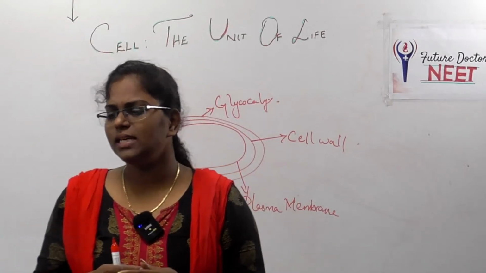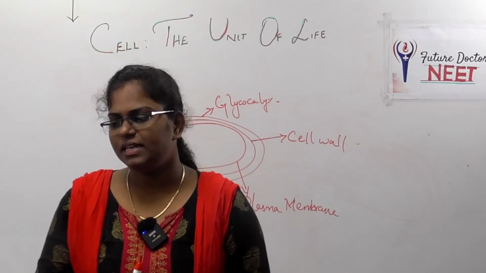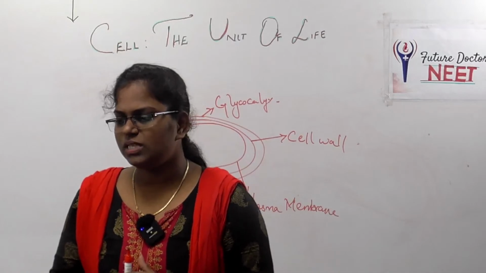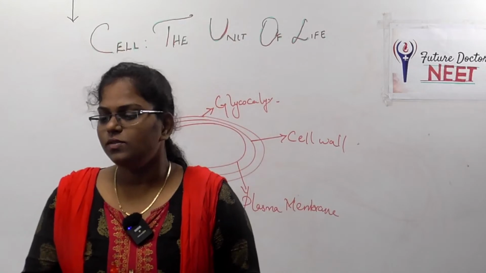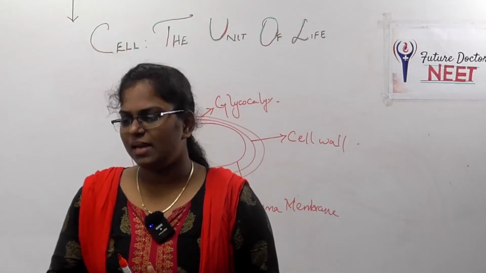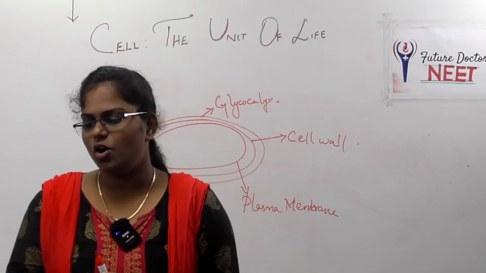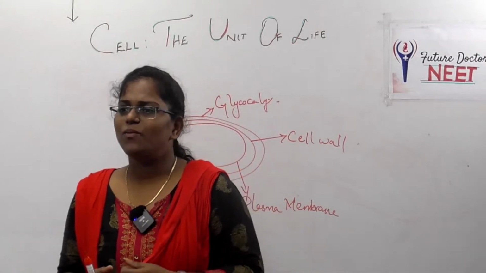And next, bacteria can be classified into two groups on the basis of the difference in the cell envelopes and the manner in which they respond to the staining procedure developed by Gram. Those that take up the Gram stain are Gram positive and the others that do not are called Gram negative bacteria. So what is Gram?